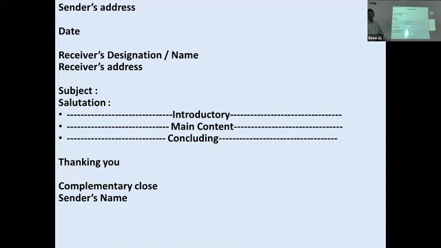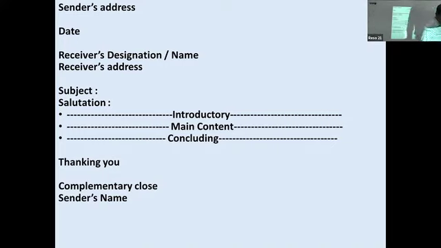Where the word subject is concerned, a very common question students ask is, sir, do we write SUB, JECT, or is SUB okay? Both are equally correct. In the exam you don't have to write the complete letter, but both are equally correct. You can either put SUB or the complete word subject. And all these things will start from the left hand side. Even the running matter, the body, even though it is in paragraphs, we start everything on the left margin.